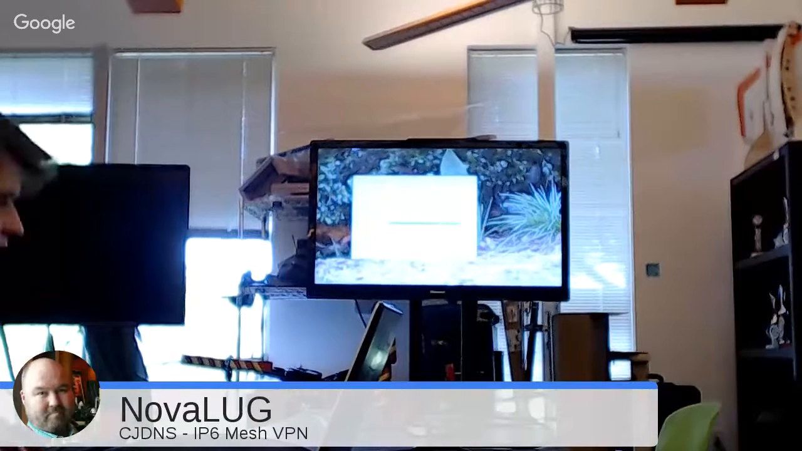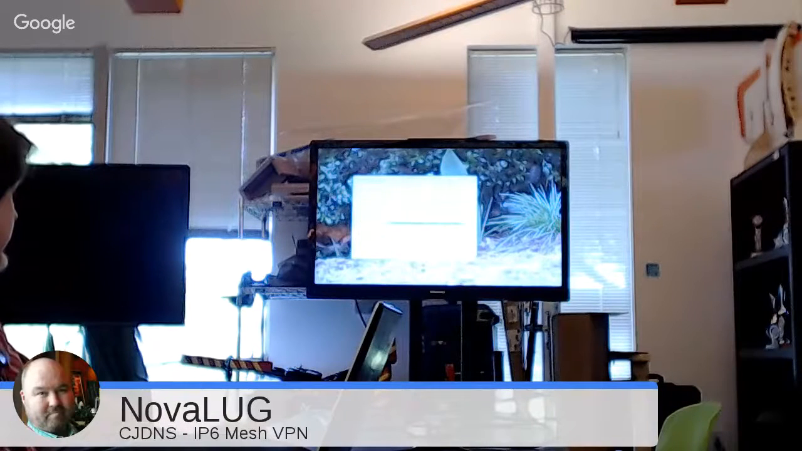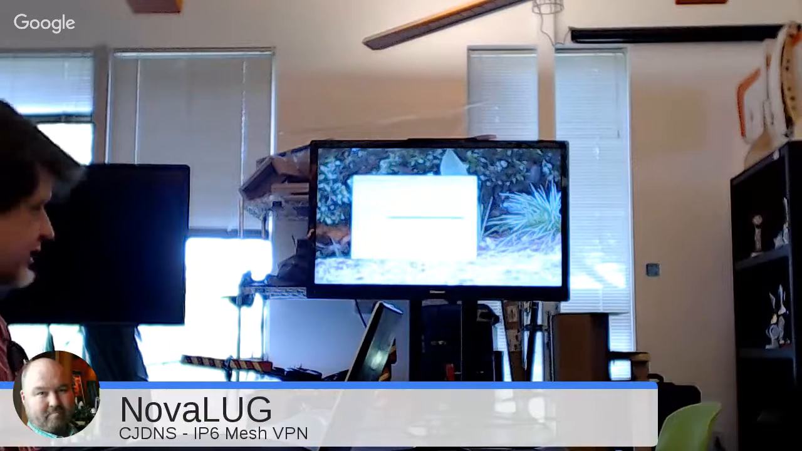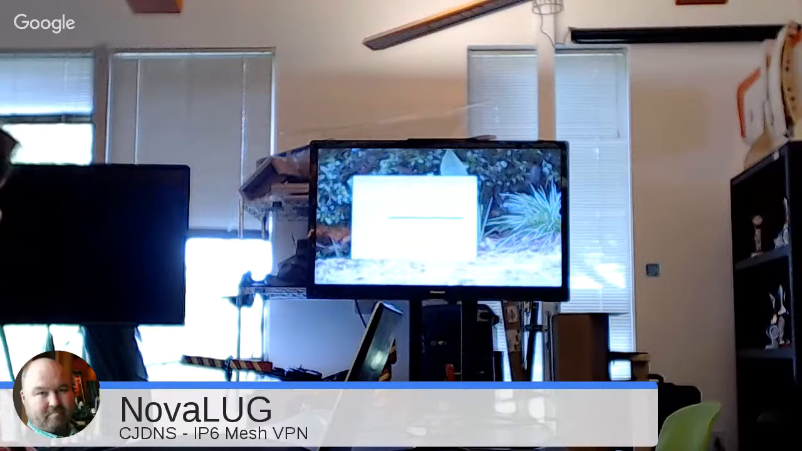There's another utility that will convert for you. So that just does the hash and tells you the IP6 address. And these utilities are Node.js, so JavaScript. They're in the CJDNS tools package that I installed. Now,